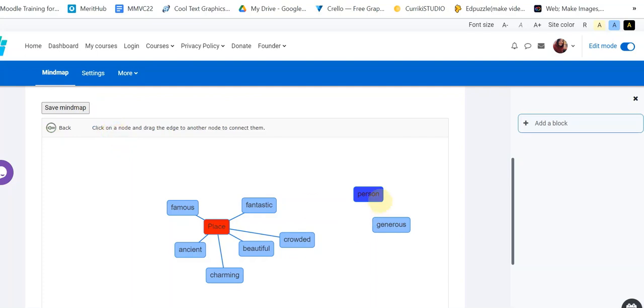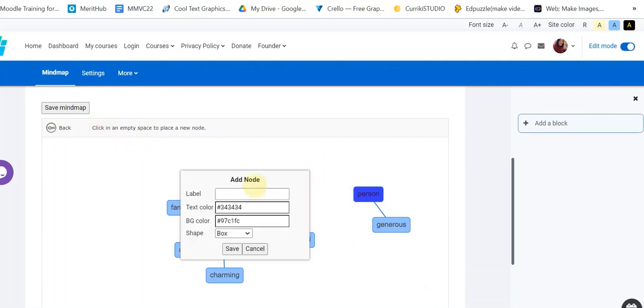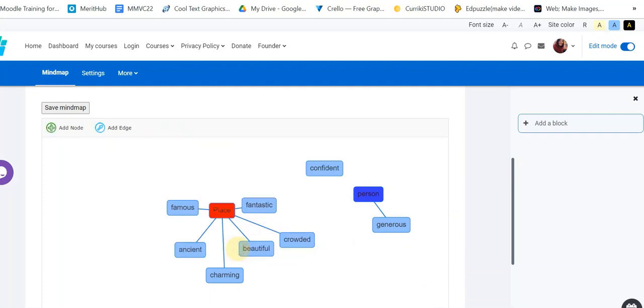And I can, oops, no, here, from here to here. And again, if I want to add another note here, for example confidence, and save. And we can add